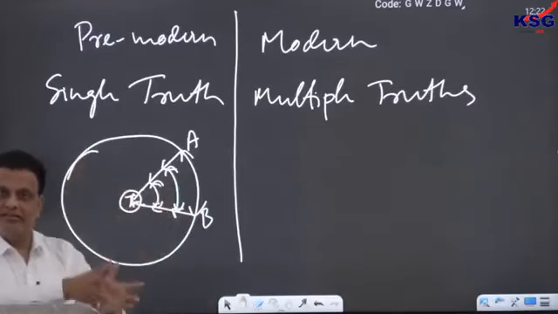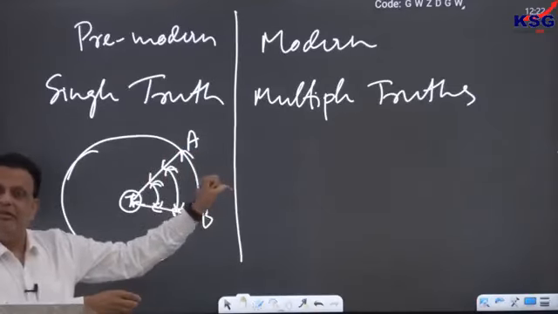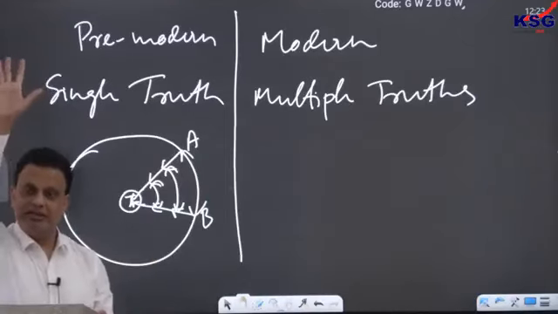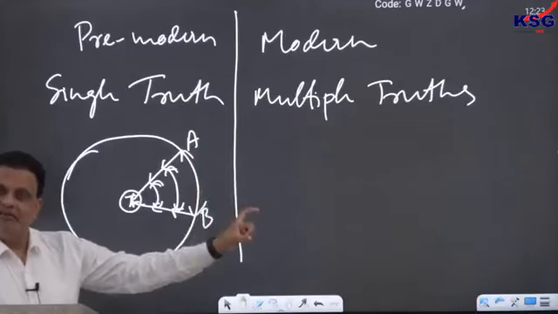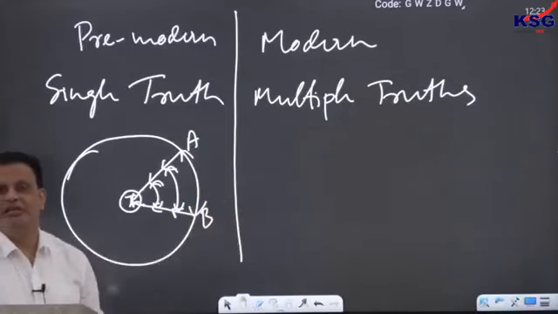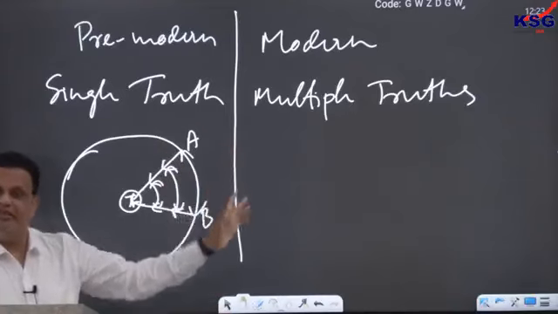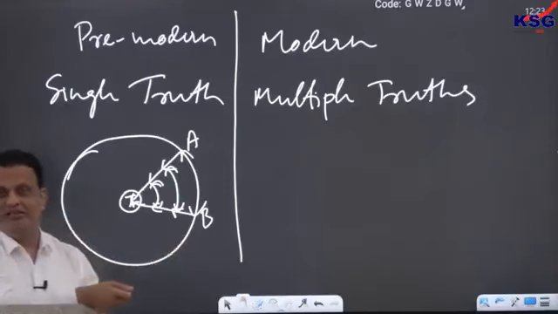Somebody touched the trunk of the elephant and reported that an elephant is like a snake. Somebody touched the teeth of an elephant and reported that an elephant is like a stick. Somebody touched the tummy of the elephant and reported that an elephant is like a roof. Somebody touched the tail of the elephant and reported that an elephant is like a broom. Somebody touched the ear of an elephant and reported that an elephant is like a sieve, that sieving that we do in the village and all.